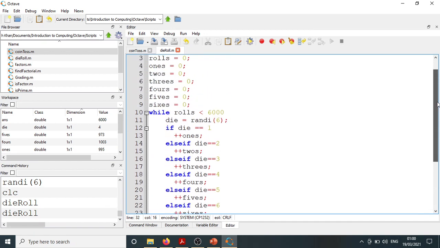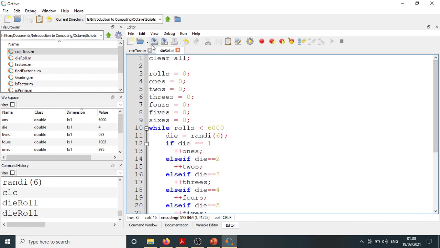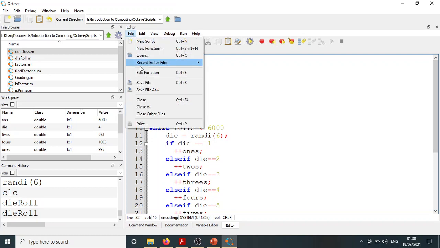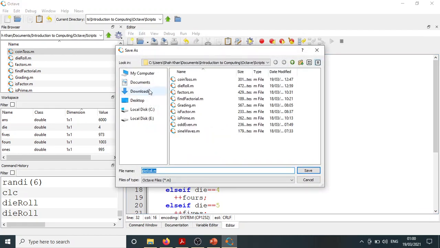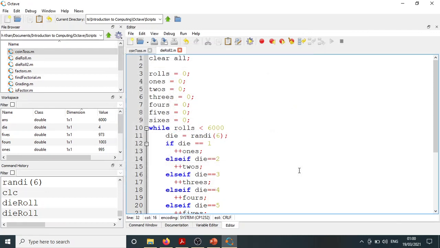अच्छा तरीक़ाकार नहीं है। ठीक है, इस काम को हम ज़रा ज़्यादा एफिशिएंटली कर सकते हैं। तो वो तरीक़ाकार क्या होगा ज़्यादा एफिशिएंट? वो कुछ हम यूँ कर सकते हैं। लेट अस सेव दिस फाइल एज, दिस इज़ डाई रोल 2। इसका नाम हम डाई रोल 2 रख लेते हैं।